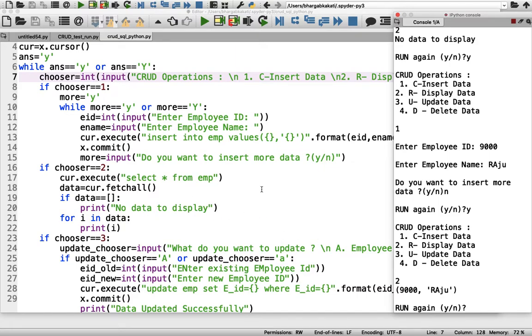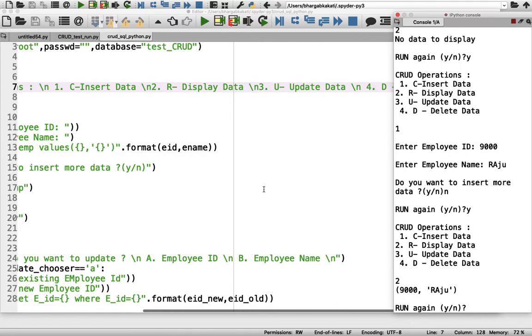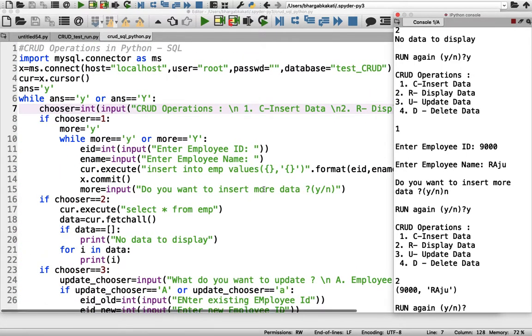Okay, so that's all about a basic database application, which is the CRUD application. Of course, you can add many more features here. For example, if you want to display selected data, you can just give the options for search. I have already discussed how to give the options for search in one of the previous parts of this particular chapter. If you want to make the table data proper, you can use the tabulate library, which I have already taught in the previous part.